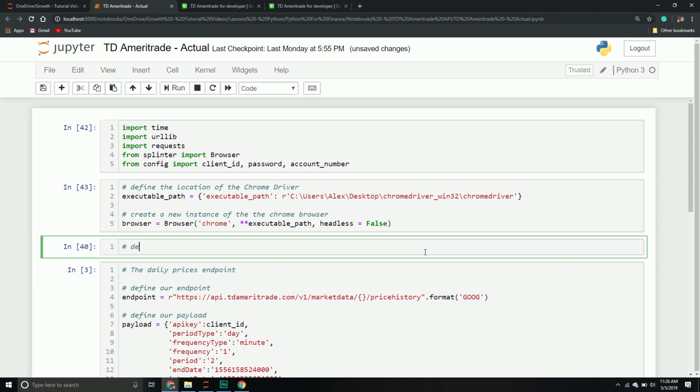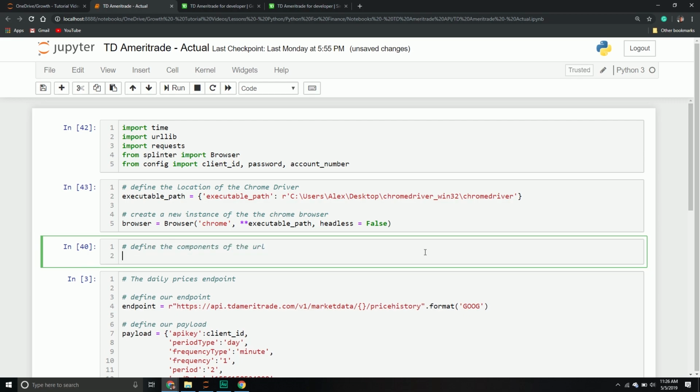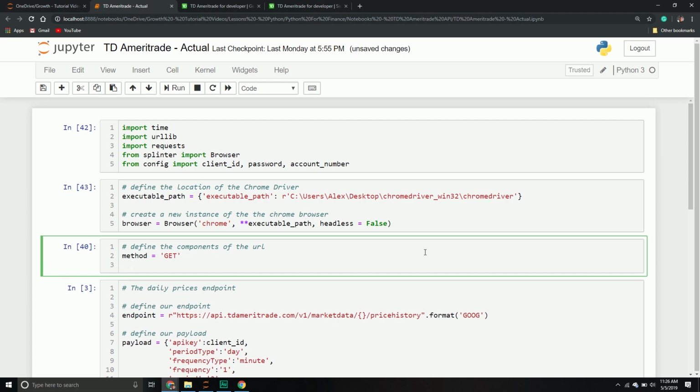So the first thing is to define the components of the URL. The first one is the method we're going to be using, the HTTP method, and we're going to be using GET. We're going to get some information, and we're expecting some information to be sent back to us. And then we're going to define our URL. It's going to be